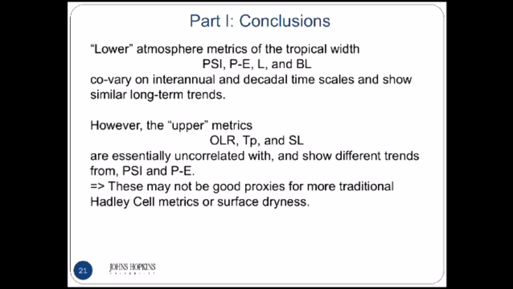Okay, so I guess the take home for me is that if we're using psi 500 or P minus E, then we've got a reasonable kind of metric of the Hadley cell or surface dryness. But if you're using these metrics, they're measuring something else. Okay, and so the fact that there's trends in these are interesting, and that needs to be understood, but we shouldn't be comparing trends in OLR with trends in psi equals 500 and thinking that we're saying something about the Hadley cell directly. Okay,